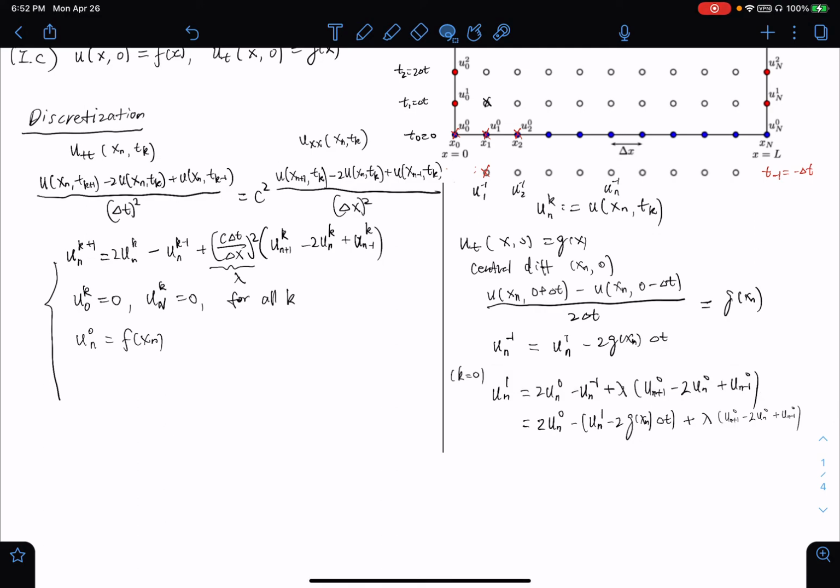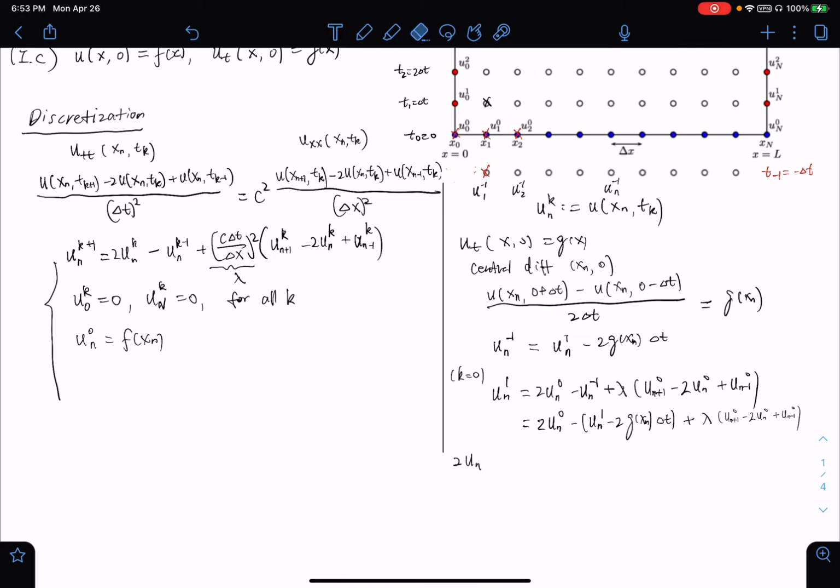Okay, so if we observe this equation, we see that there are u_n minus 1 on both sides of the equation. So it is a little bit different than the case, if you recall, in the heat equation, where once we plug in the equation obtained from the boundary condition, we have an explicit formula for the points near the boundary. But here we have to solve actually for this u_n^1. So we can just rearrange this term to the left hand side and solve it. Once we solve it, we actually have,